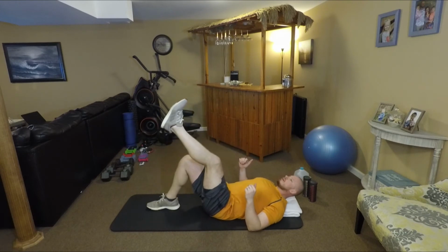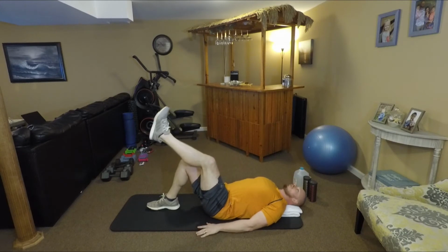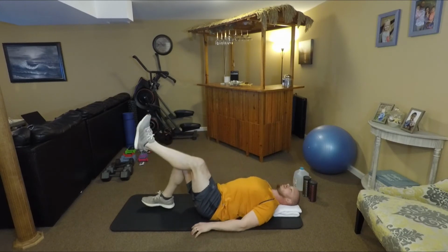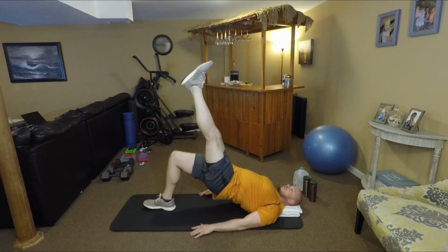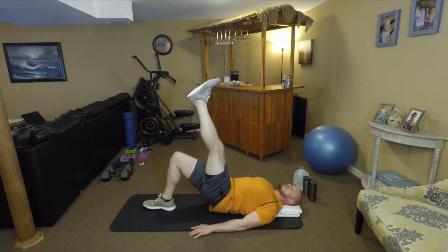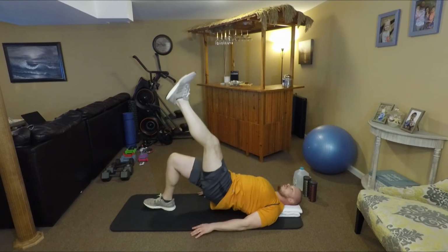Keep one leg in the air, just like so. Plant hands on the ground. Rest back on your back, and your neck relaxed. And bridge all the way, kicking straight, right over that leg, right at the ceiling. And go. 1,